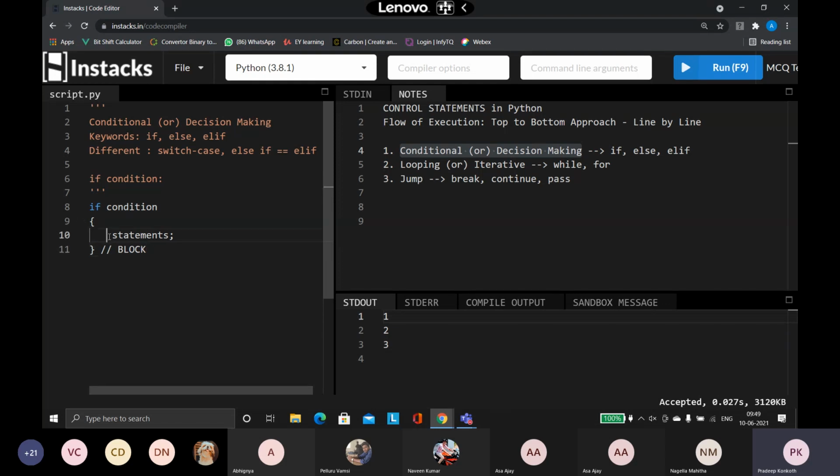No matter how many lines I have written here, say for example I am writing 5 lines of code, what the curly braces mean is that all these 5 lines of code belong to the if condition. When this condition is true, I want to execute all these 5 lines of code.